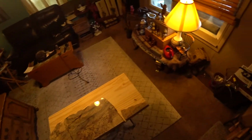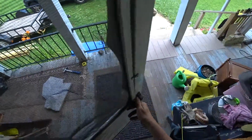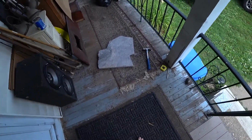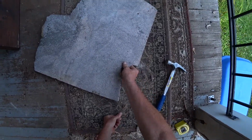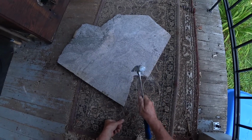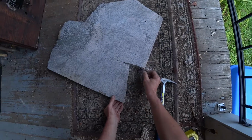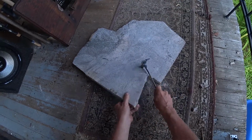I'm going to break off a few more pieces, and wish I had a pair of glasses at hand. Oh, you know what I'll do? I'll wear my spectacles. Okay, we are going to need another flat piece, so let's get out here, give it a shot. Now, this broke all the way across,